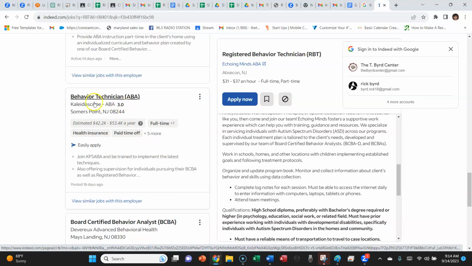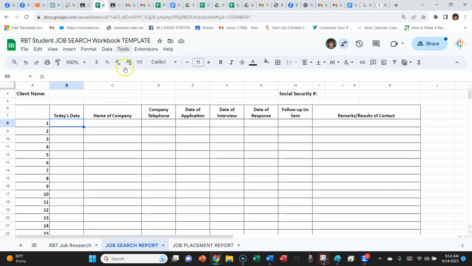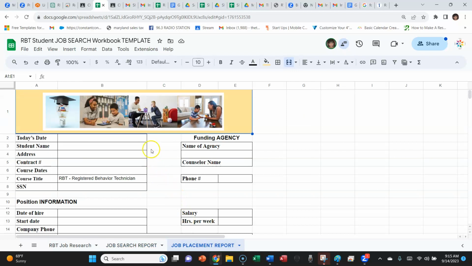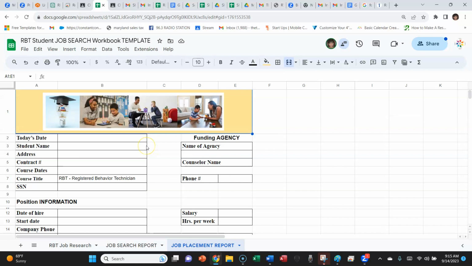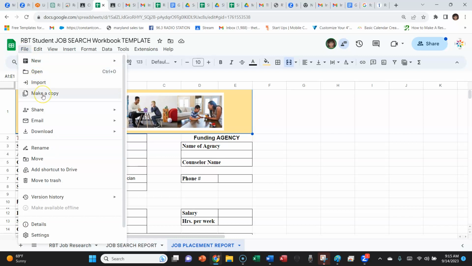So any one of these you can just simply copy and paste over to your job search log here. And then the last tab is the job you actually take and get hired for. So you'll have to finish this document out after class. But you should have done a make a copy, just like you should do a make a copy for the template for your